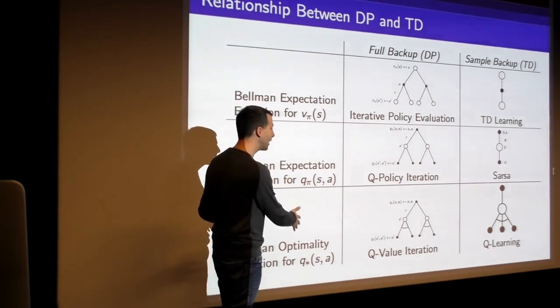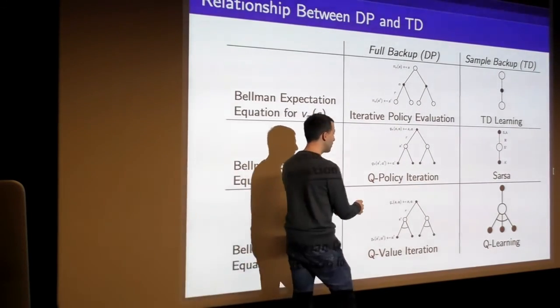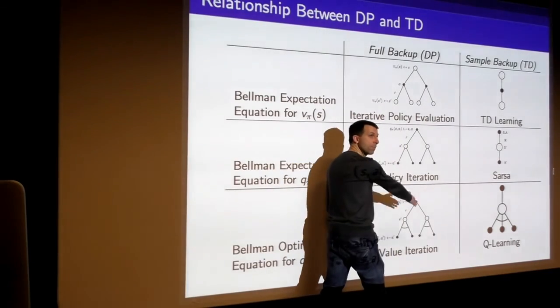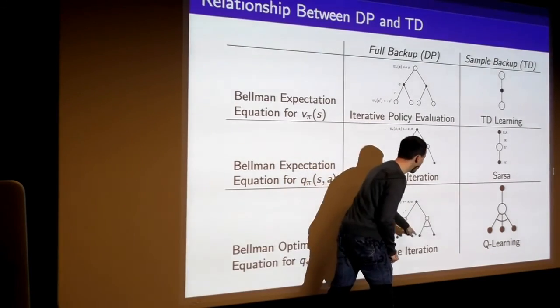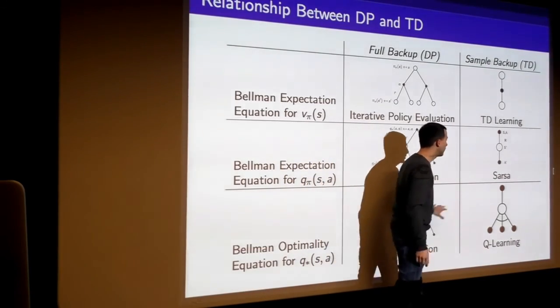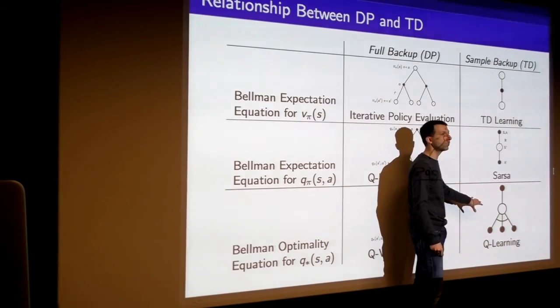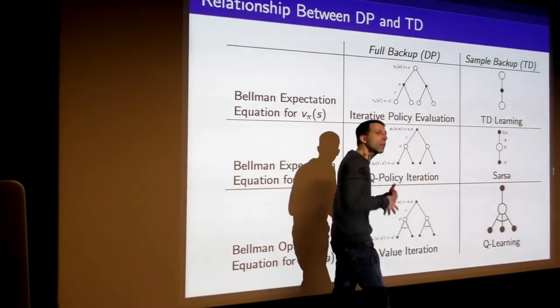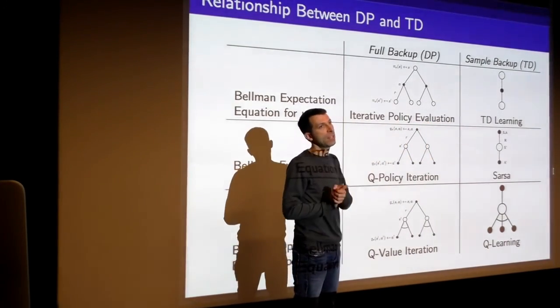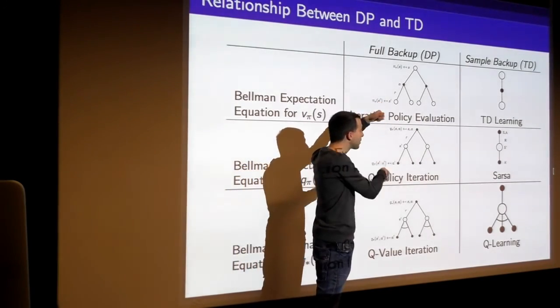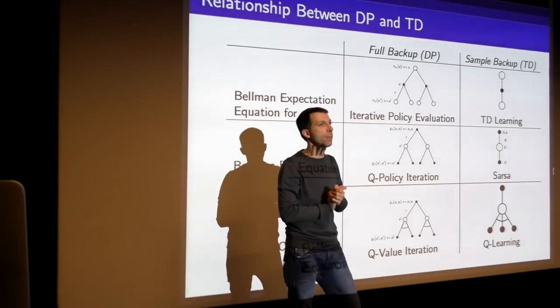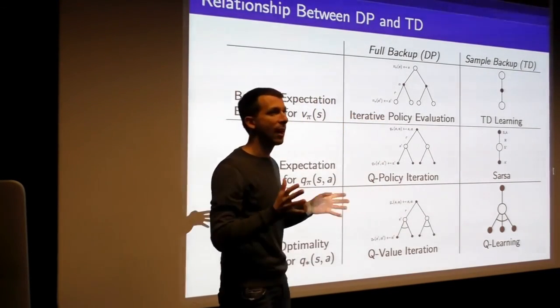And when you use the Bellman optimality equation, you can either plug that into value iteration, which is the dynamic programming method, or you can just sample your expectations to give you the Q-learning algorithm. Okay, so we can think of TD as samples of the Bellman expectation equations, or the Bellman optimality equations. They're doing a one-step sample of what would happen if you were doing dynamic programming. So that's just to tie things together.